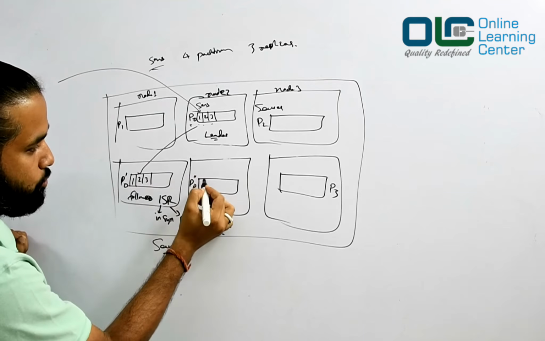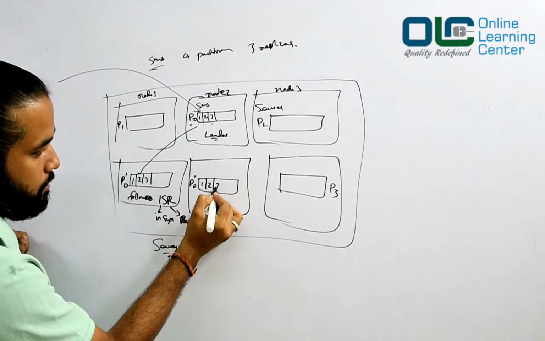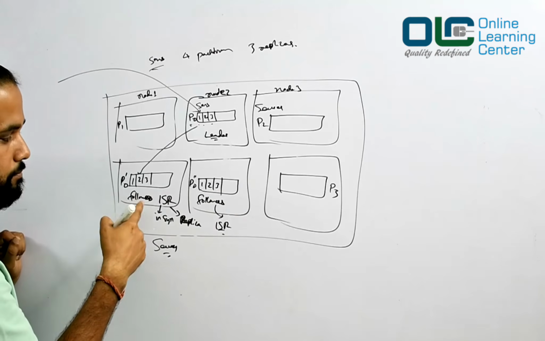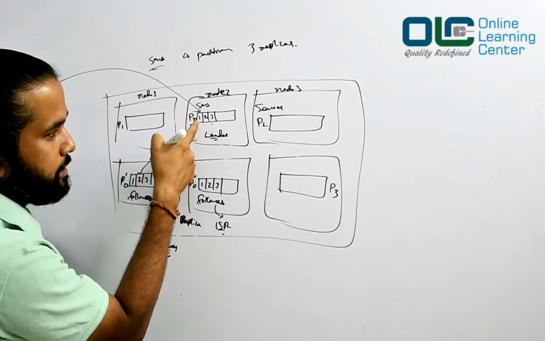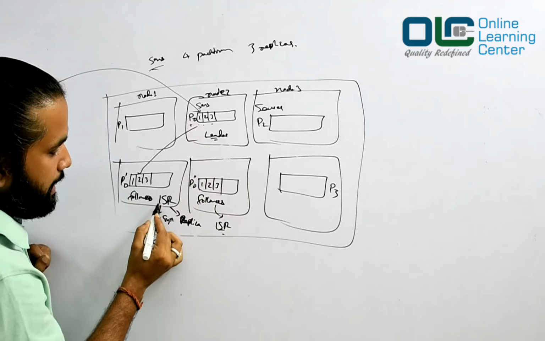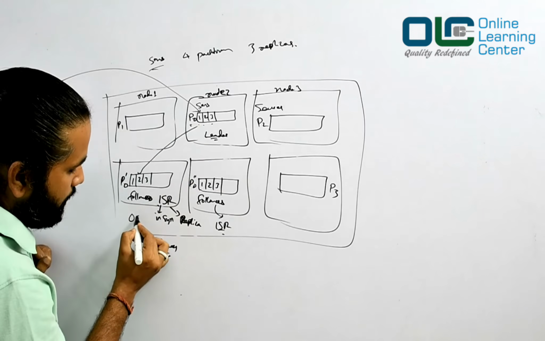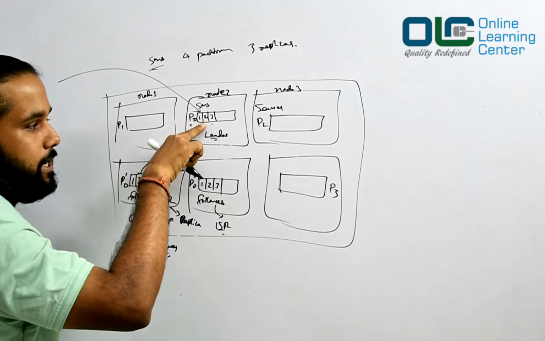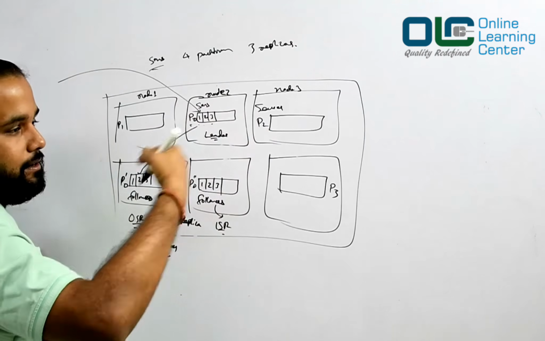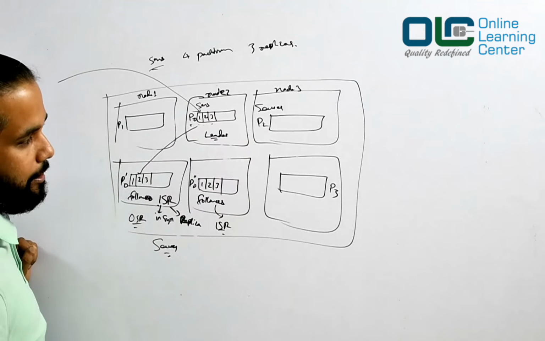Right? This message should also be replicated here on your followers, right? So if a new message is here, then what will happen? This ISR would be OSR, out of sync replica, at this moment, because I've already received some data and the syncing is taking some time, right? It will not take 5 minutes.